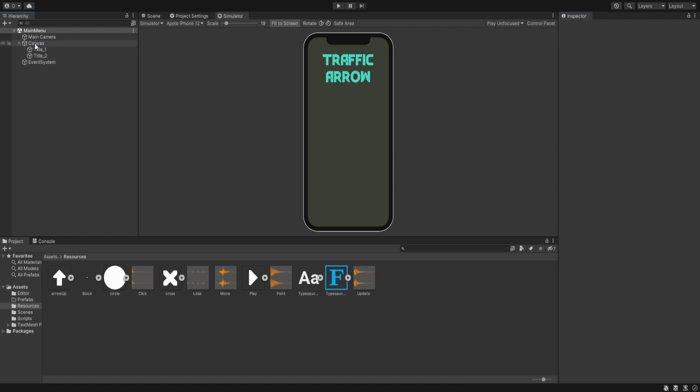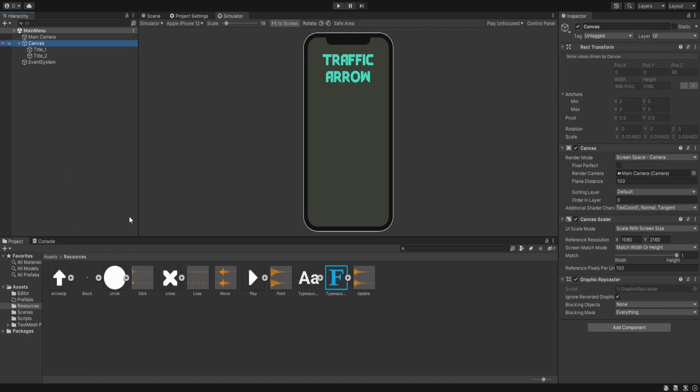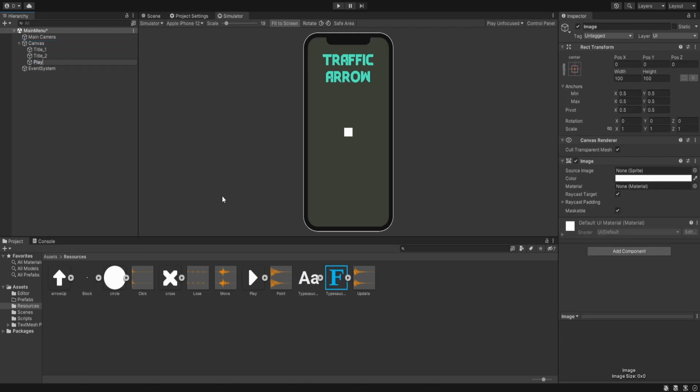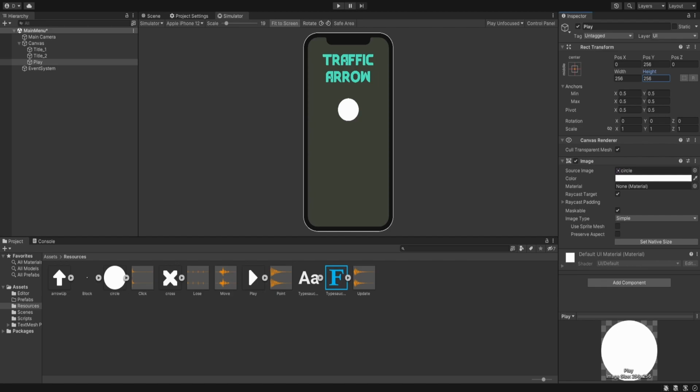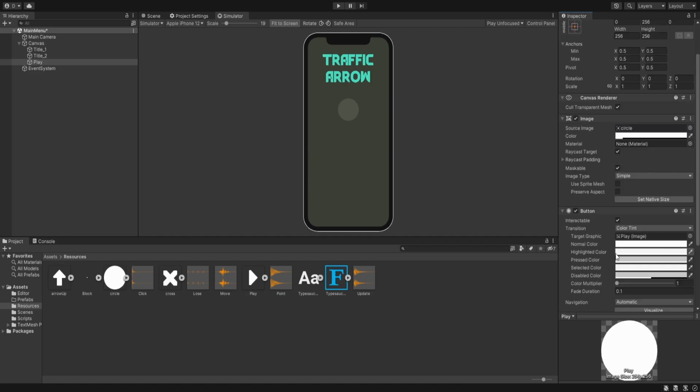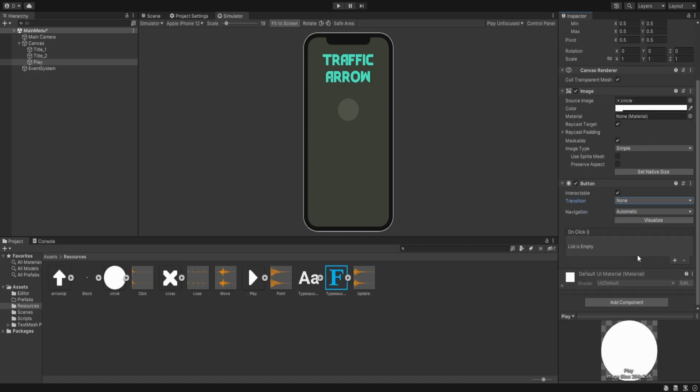And after that, we'll need to create an image which is going to be for our play button, and it is going to be at 256. The width and the height is going to be 256 by 256. The sprite is going to be the circle, and for the color, we are just going to set the transparency to 10, so it looks a little bit lighter. And we'll also need to attach a button component,